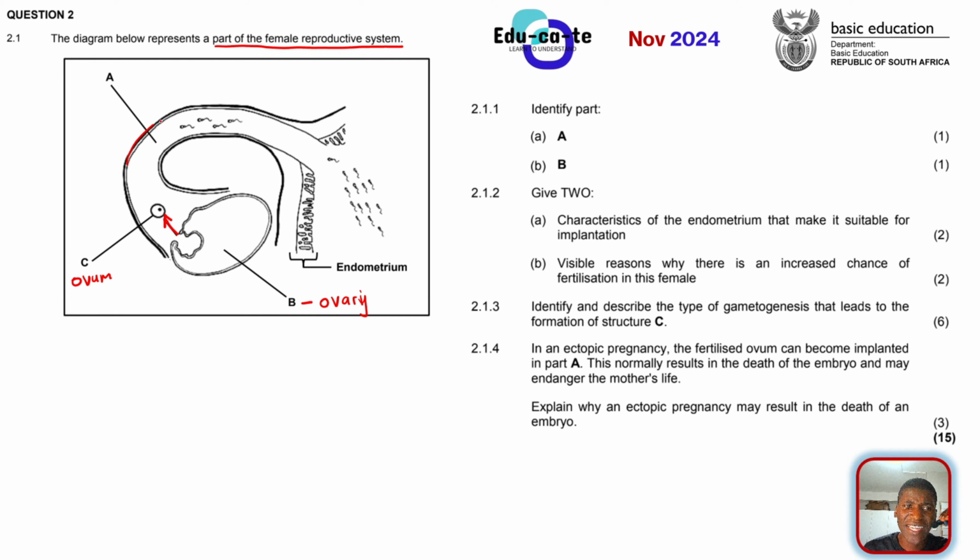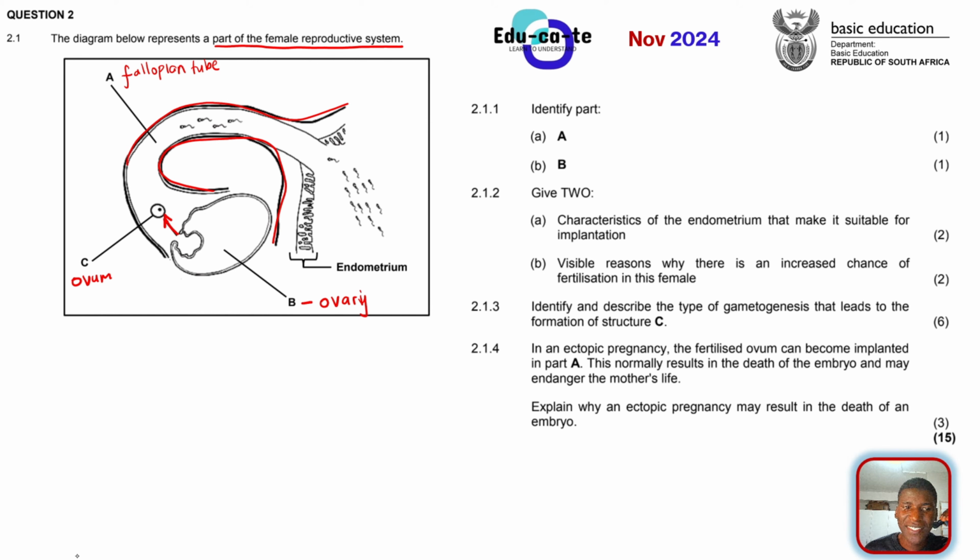You can see that it looks like a hand. It continues, because here we are only showing a part of the female reproductive system, not all of it. So it's more like a half of the female reproductive system. It looks like a hand-like structure, and that is the fallopian tubes. And then we're going to label that. This will be the fallopian tube.